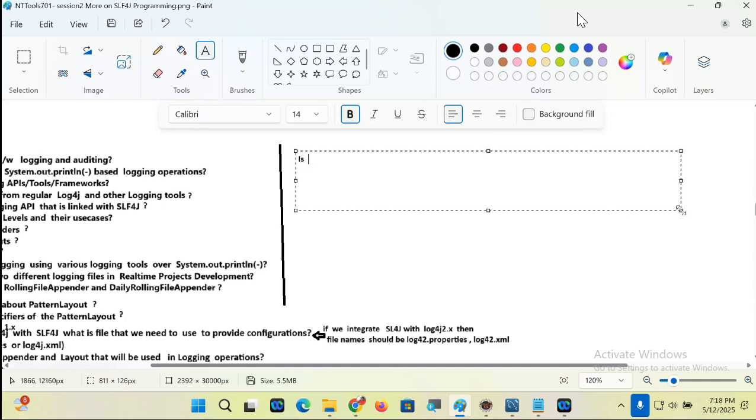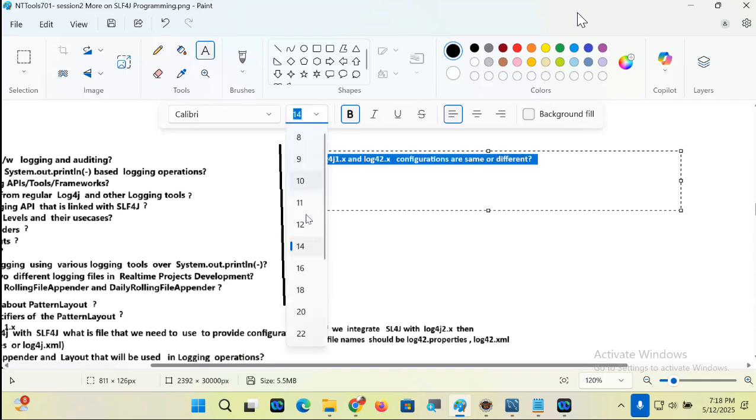Are log4j 1.x and log4j 2.x configurations the same or different?